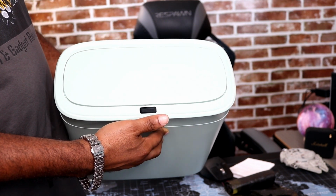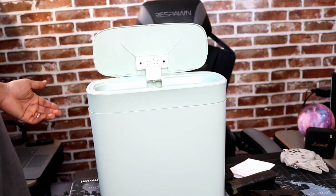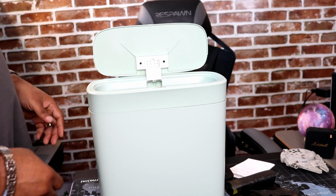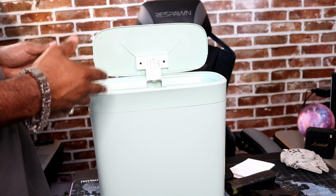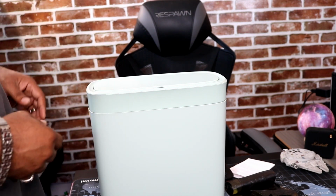All right, you hear that little sound? You see the red light beep twice, and there you go. And when they said it's supposed to stay open for 5 seconds once it senses motion. So,